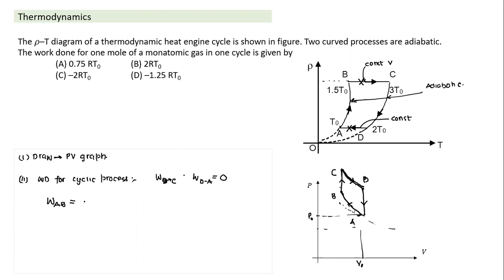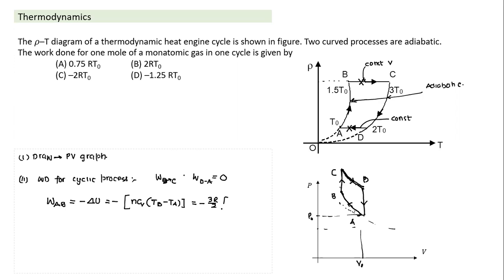It is an adiabatic process. For an adiabatic process, work done is equal to the negative of the change in internal energy. And what is the change in internal energy? Change in internal energy is nCV times the final temperature minus the initial temperature. Let's put in those values. The PV diagram is taken for 1 mole of gas, so n is equal to 1. And CV: which kind of gas is it? It is a monatomic gas, so CV is 3R/2.